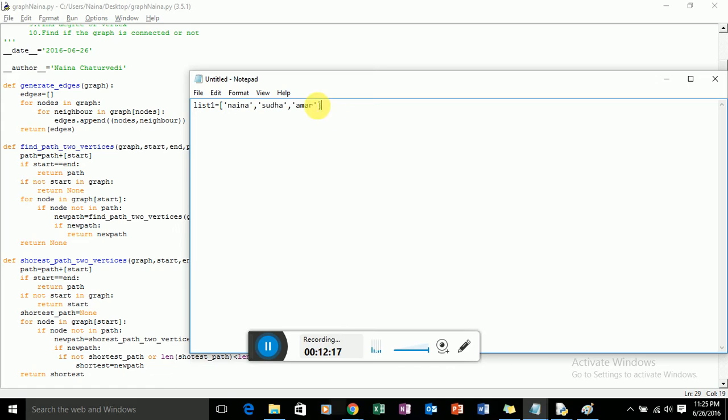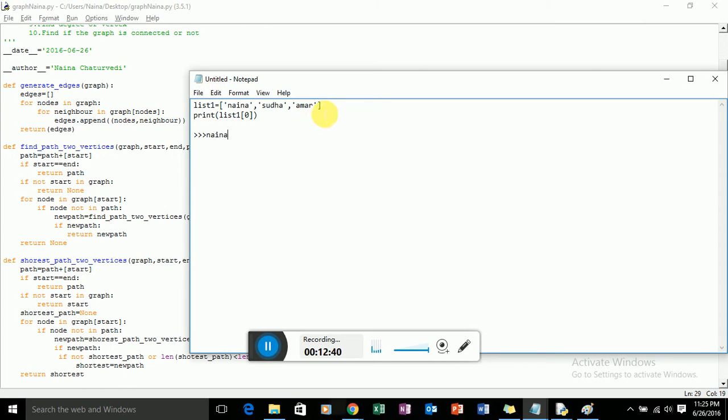So if you write print list1 at index 0, then it will give you the output Nana.